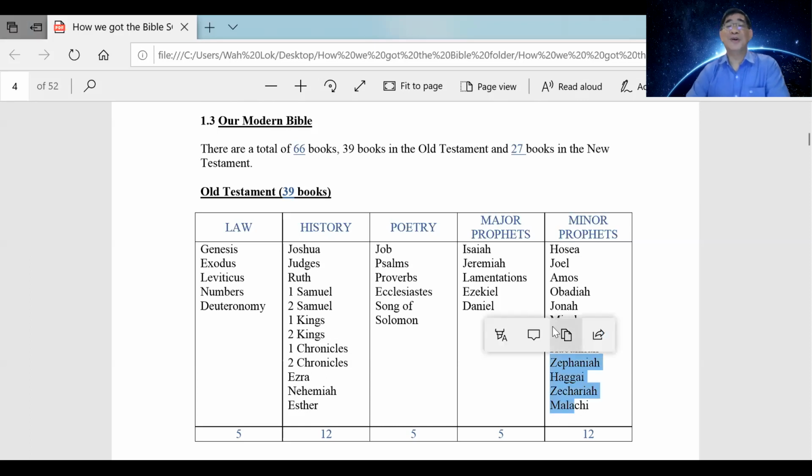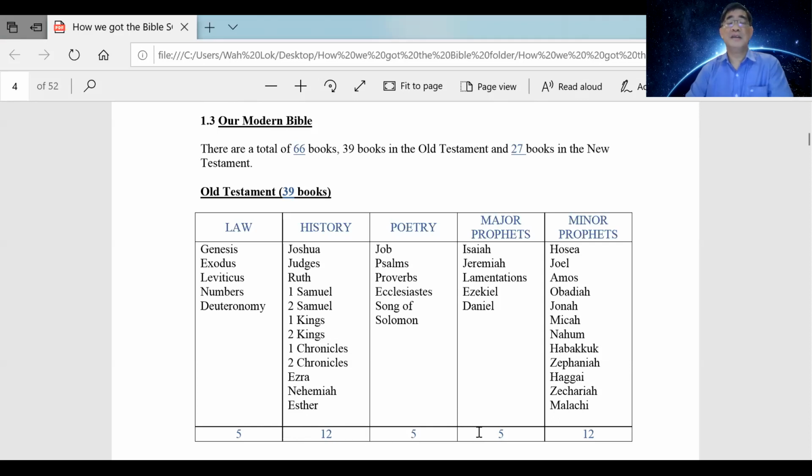Now, the minor prophets are the hardest to pronounce. Sometimes people say Hosea, or Habakkuk, or Haggai, or Malachi, like an Indian word. So we'll have fun with all the minor prophets. You can see there are 5 sections: 5 books of the law, 12 books of history,